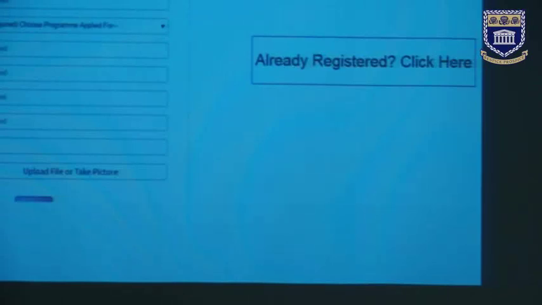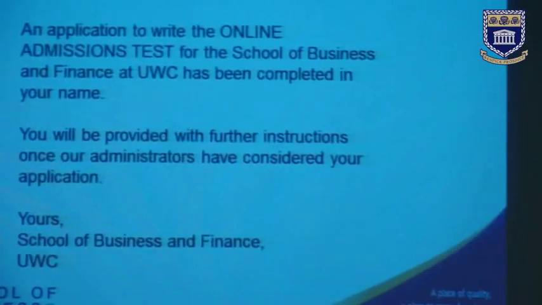They need to pay a fee to be able to do the test, and they upload the proof of payment. What happens is we get the strangest proofs of payment. We get selfies. We get proof of payments from 2016 to some other place, not UWC. People take fat chances, so unfortunately we have to check every single proof of payment, because scamming is rife.